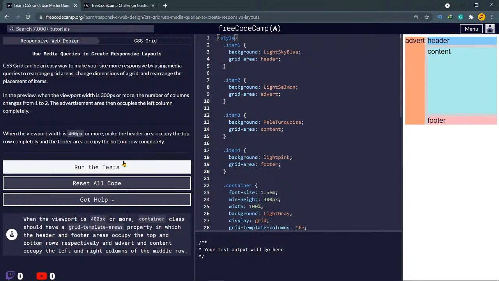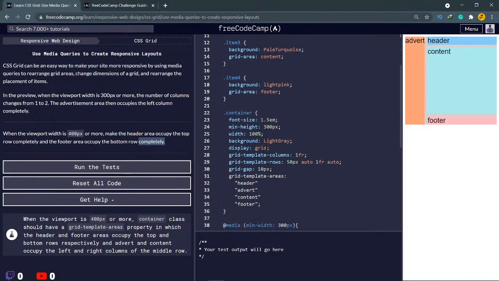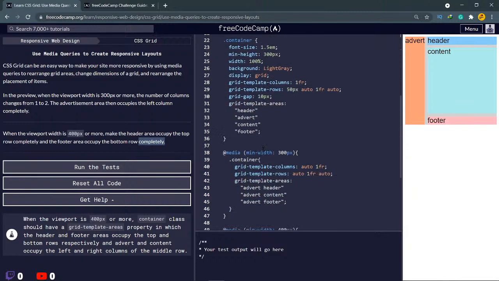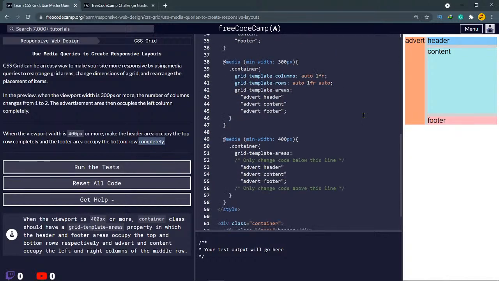So what we can do here is, when the viewport width is 400 pixels or more, make the header occupy the top row completely and the footer area occupy the bottom row completely. So how can we do that? So if the 400 pixel goes here,